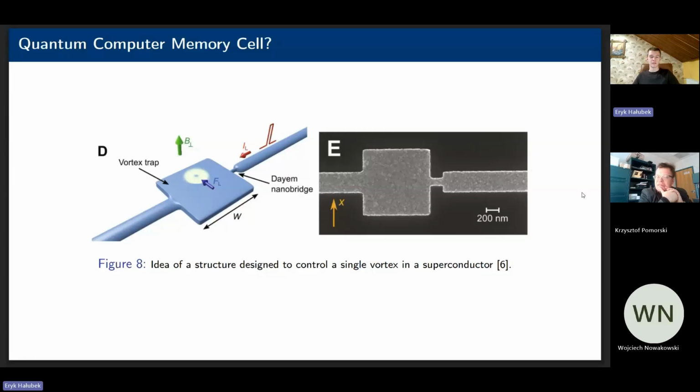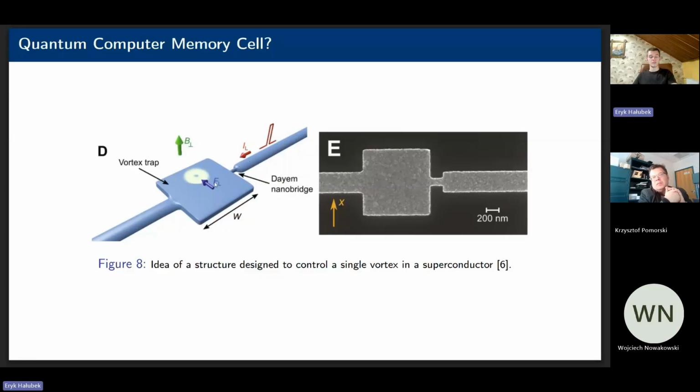This is one of the reasons why I joined this group, because they recently published this super interesting article where they were showing that it is possible to control the movement of that vortex by sending current pulses through a nanowire, and then when the vortex is expelled from the